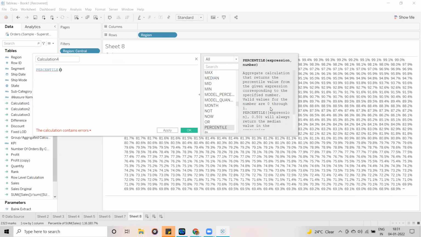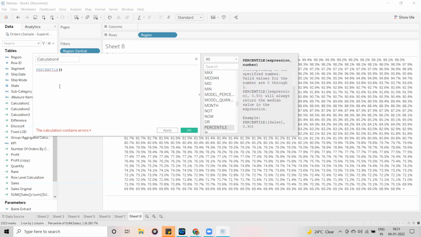Valid values for the number are 0 through 1. For example, 0.50 will always return the median value in the expression. Example: percentile of sales, 0.90. This is how it is going to work.